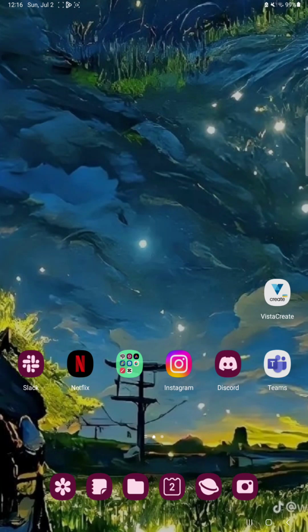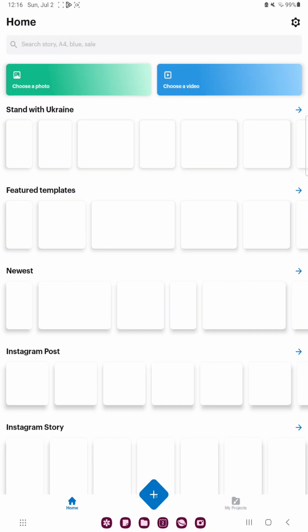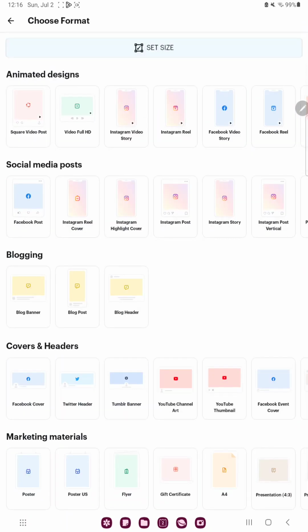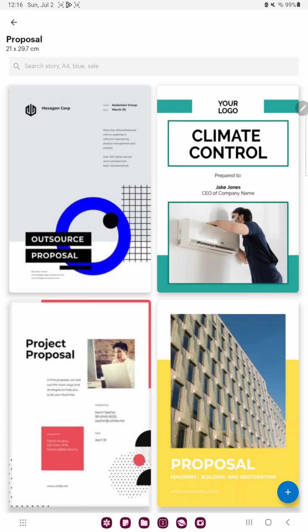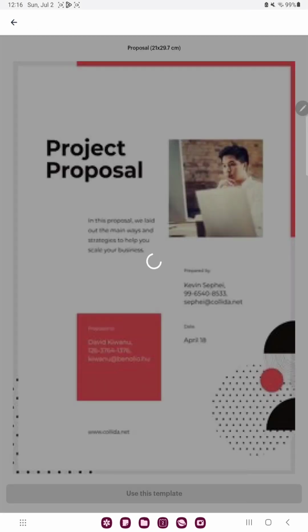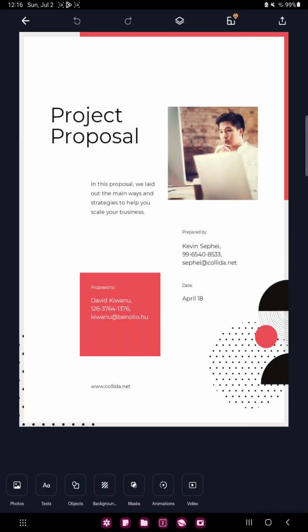So let's jump into it. First of all, open the application on your device. Tap the plus icon at the bottom of the page and go to the events section, and here you can find the proposal option next to the ticket button. Just select a template and click the use this template button. If you want to change or add a new picture to your project, click the photos button